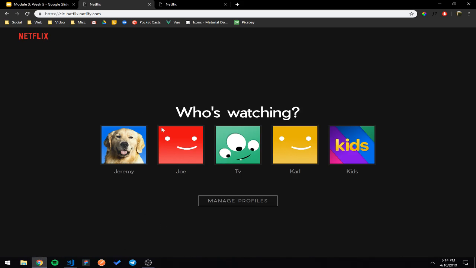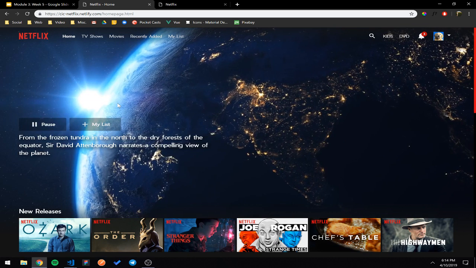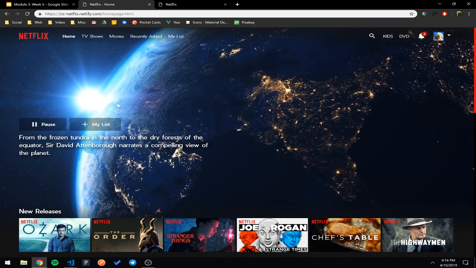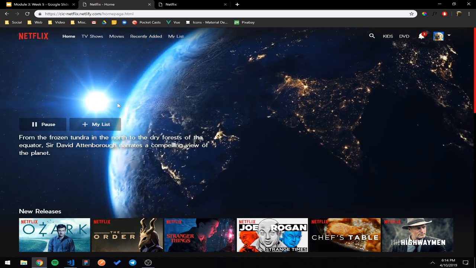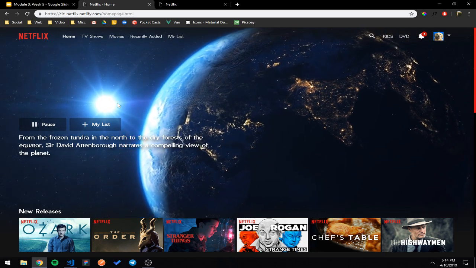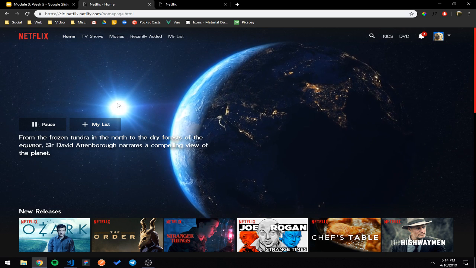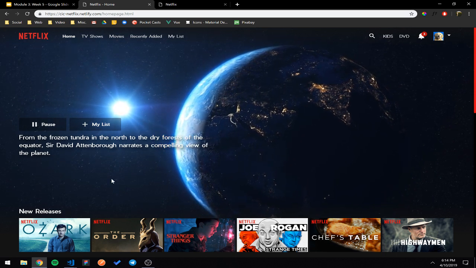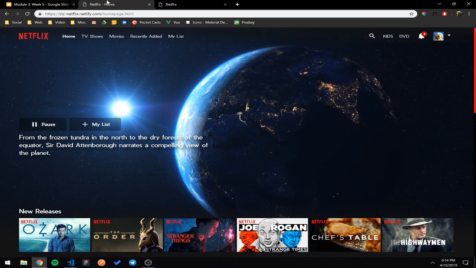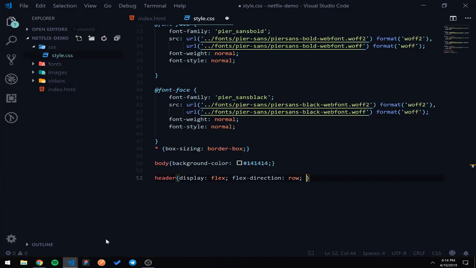So I'll actually go to the home page just so we can see what these styles will be doing a little bit more. You can see everything is kind of vertically centered within the header. Obviously we haven't given a height yet, but you can see it will be vertically centered within the header, and it spans the full width of the page. So if we go back to our style sheets,